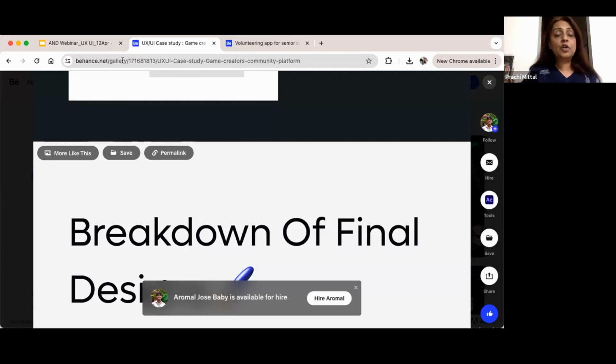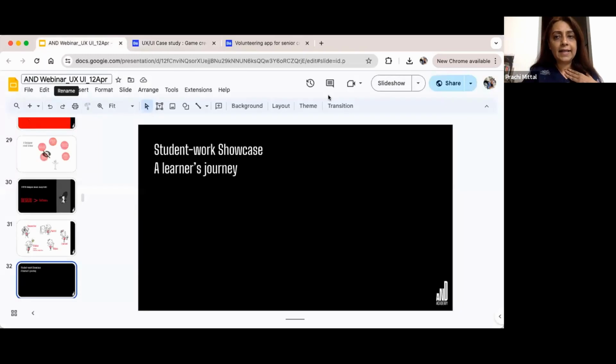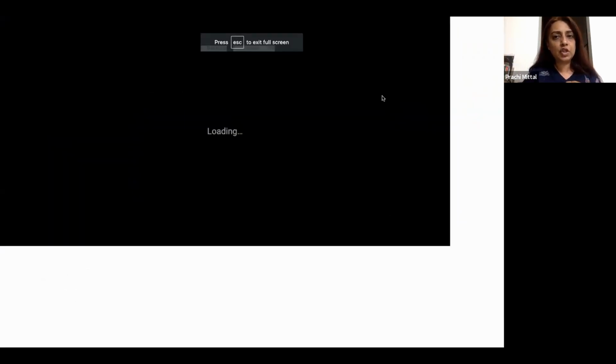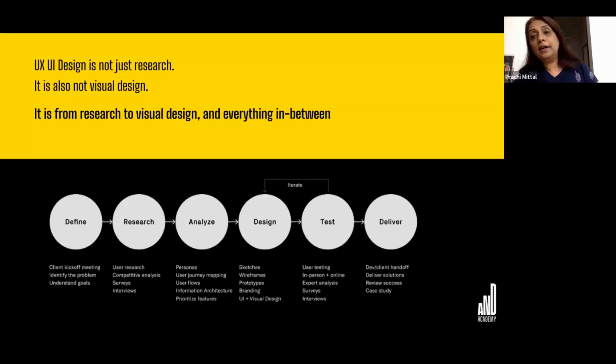Okay, so that's about some of our student work. And if I can quickly go back to the presentation, just allow it a moment to load. Okay, right. So therefore, UX design is not just research, because sometimes when I ask candidates, they will tell me, I know that I have to do research and I have to do things with typography and color.